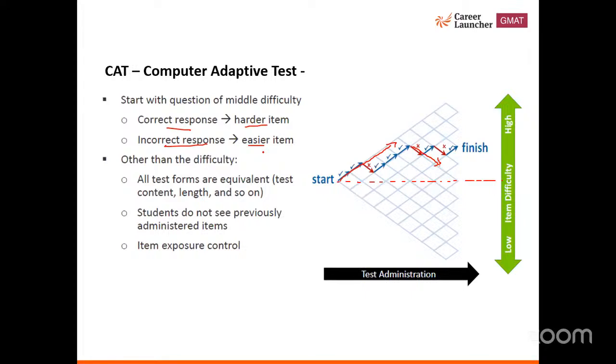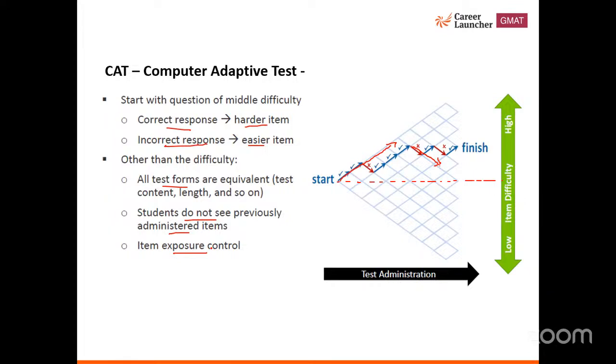Now, GMAT is a standardized test. You take it anywhere in the world, it remains the same, right? And you obviously cannot go back to the previous question. However, at the end of the test, a review screen appears where you can actually change your response to a maximum of 3 questions. Item exposure control simply means that there is a mix of all topics. So most of the topics from your syllabus will be tested,